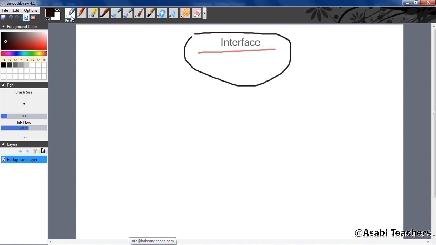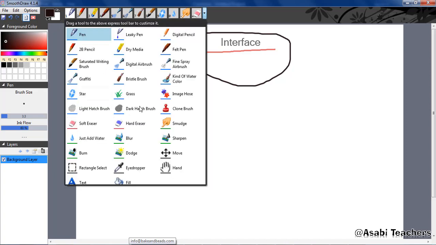The toolbar that we have here, the first one is the pen. We have other tools in there. As you can see, this one is called the Express toolbar. But if you want to see other tools which are right inside, you come to the more button on the right hand side. You can see this little black button pointing down. You click on it and you will see the whole lot of tools that you can bring in and use